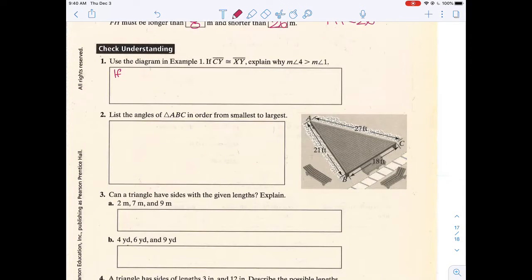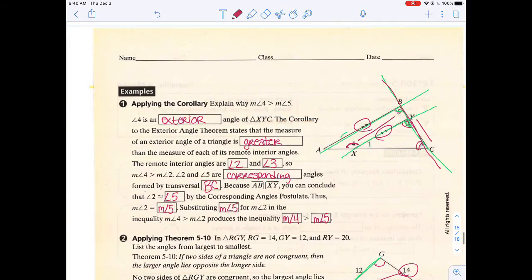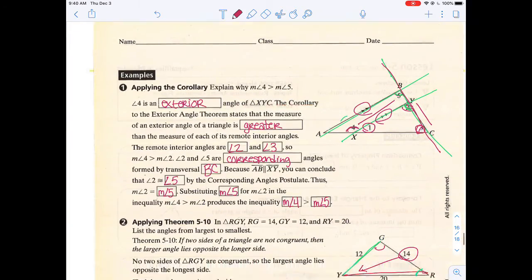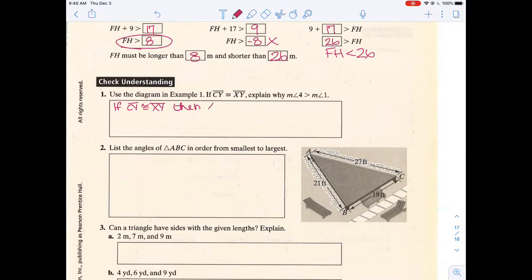So first, I know that if CY is congruent to XY, then these angles across from them, so 1 and 3, would also be congruent by the isosceles triangle theorem. So remember that said if two of the sides are congruent, then we know the two angles are congruent. So angle 1 and angle 3 must be acute